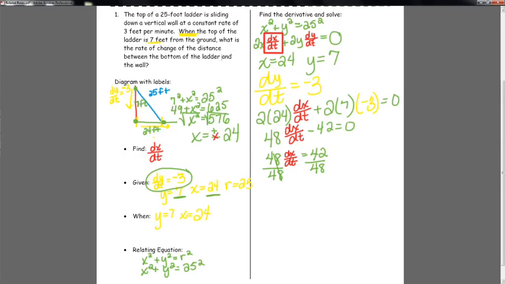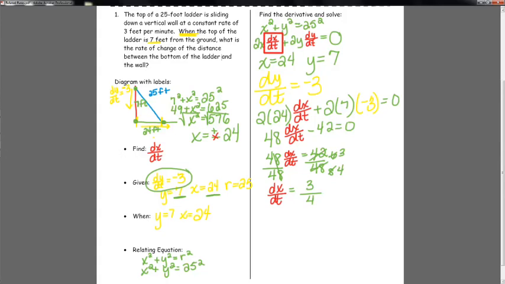So my rate of change, my dx/dt, which represents my change horizontally over change in time, is equal to, well, if I reduce this, if I take out 7s, that will be 6 and 8, and then do the 2s, this will be 3 and 4. So it is